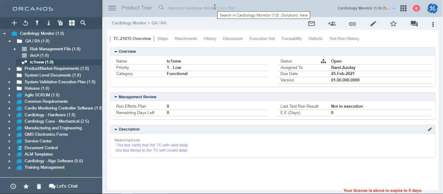Today we will see trace items. Traceability helps you in managing the baseline of each requirement or product you build. The most common and easy way to add traceability to a work item can be achieved from each work item's